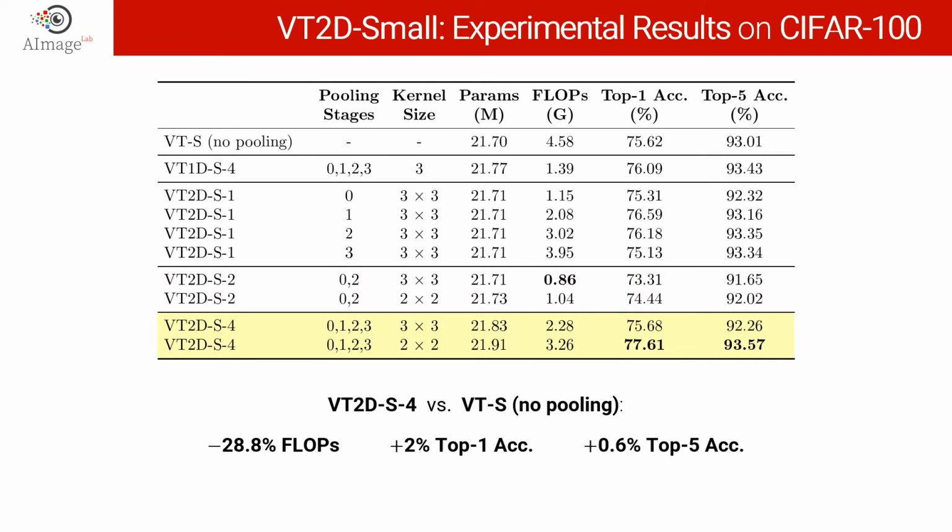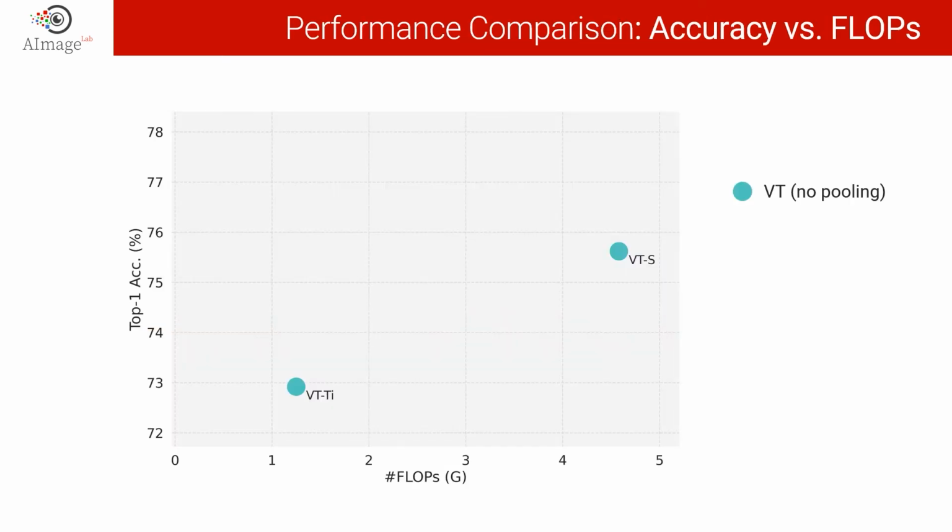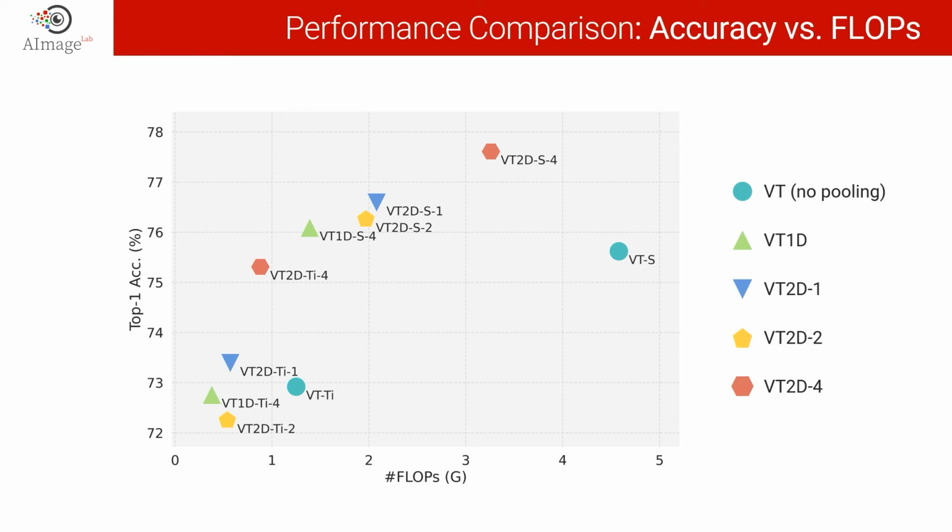Finally, our proposed variants employing the 2D pooling at each of the 4 stages of the architecture achieve about a 30% reduction of flops and a 2% increase in accuracy when compared to the baseline. Furthermore, we compare the accuracy performance against the computational cost, measured in flops, of our baseline without pooling, of VT1D, which is the variant of our model that executes one-dimensional pooling, and of VT2D with 1, 2, and 4 pooling layers. We can notice that the small variant of our VT2D4 achieves the best trade-off between accuracy gain and flops reduction,